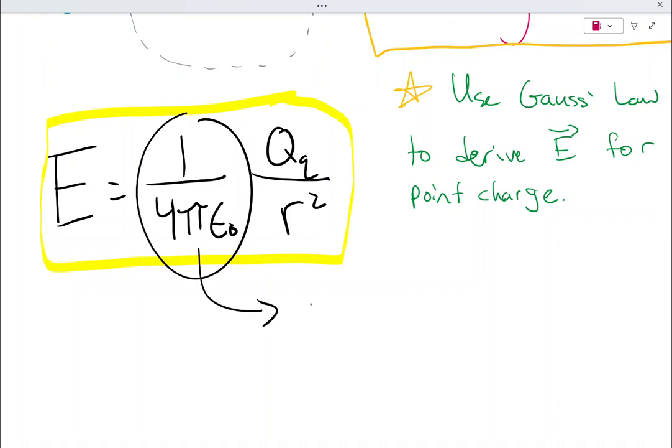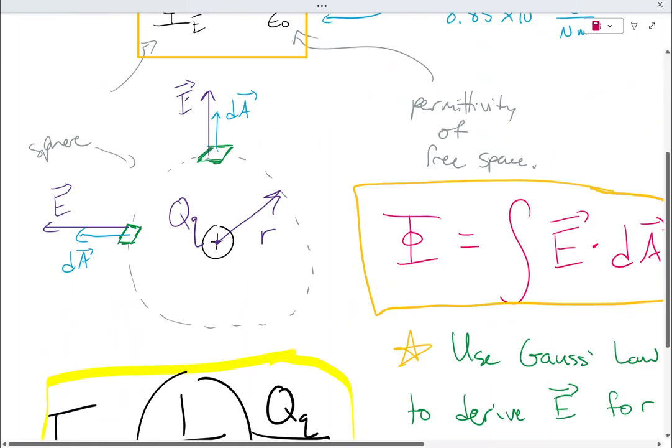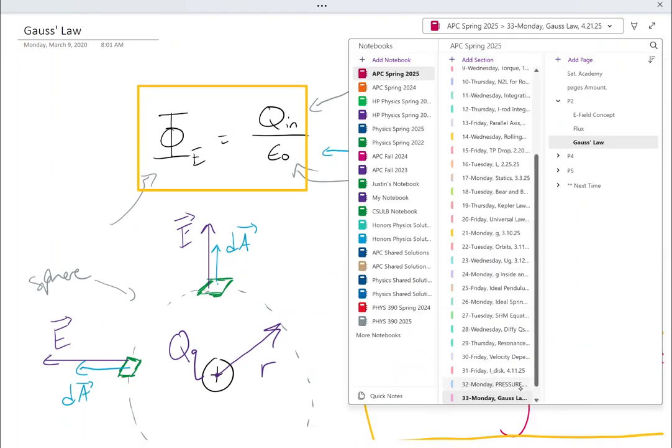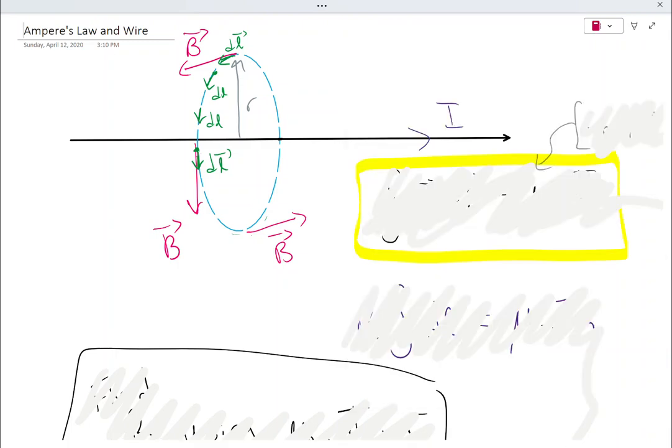Well, if you plug in everything, 1 over 4 pi times that epsilon naught value, you'll get 9 times 10 to the 9 Newton meter squared over Coulomb squared. And yes, that's that K constant that we had before. I think we called it K subscript E. That's Coulomb's constant. Generally in higher level physics, we tend to write it like this because as we're going to see soon, that epsilon naught has meaning. Okay, so there's that, and I'm not going to solve it because that's part of your homework, and I think people said they were able to do that. Okay, now we're getting to